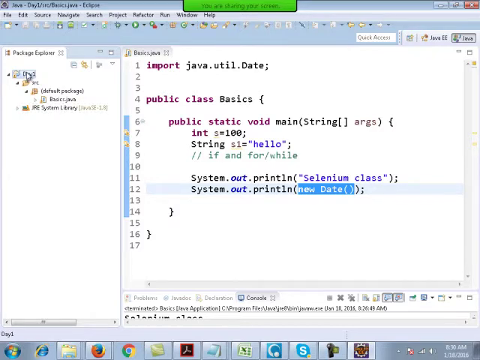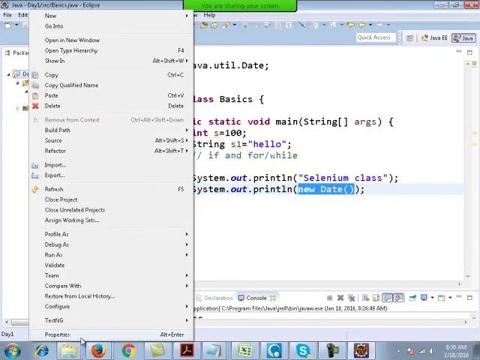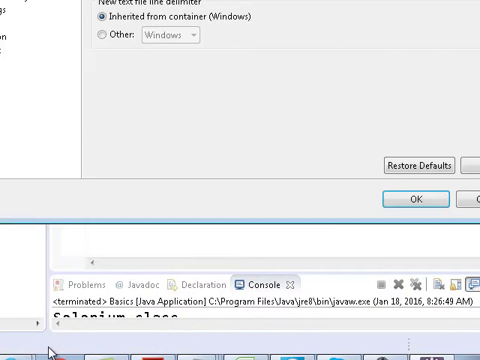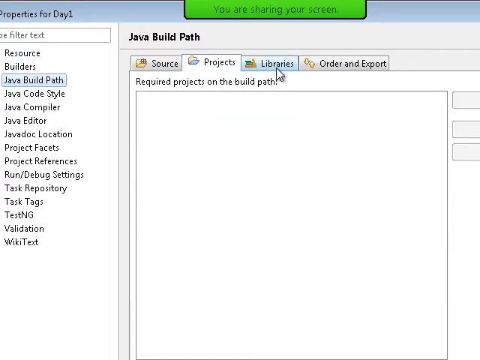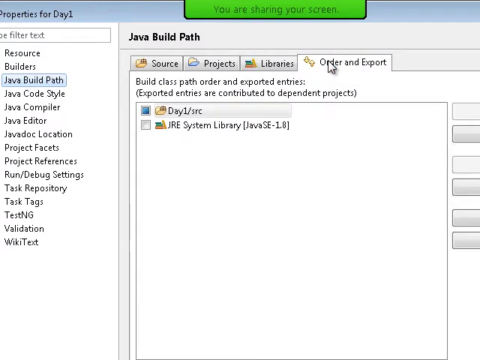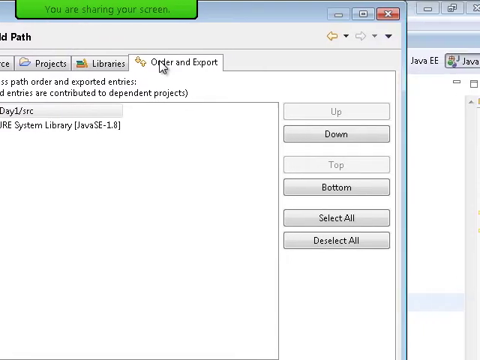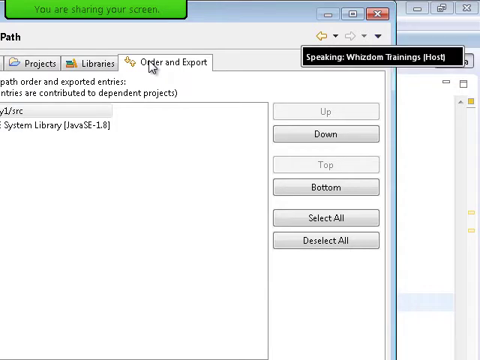So you right click on the project and go to the properties of the project, the last option. There will be many options on the left hand side. Go to Java Build Path, the third from the top, and you will see various tabs. Go to the Libraries tab, the third tab from the left.